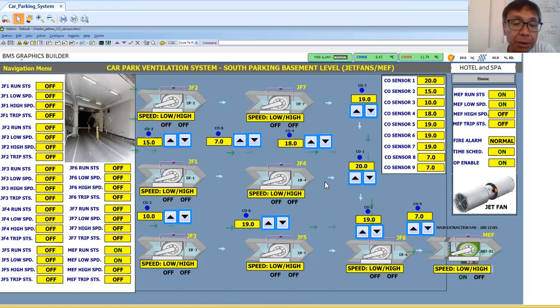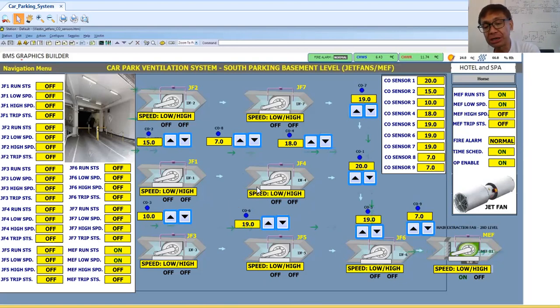So as the job of the BMS engineer, you will be the one to program the control for all the jet fans based on the matrix that the supplier who did the CFD will provide, on which jet fans will run based on the CO sensor which detected a high level of CO concentration.